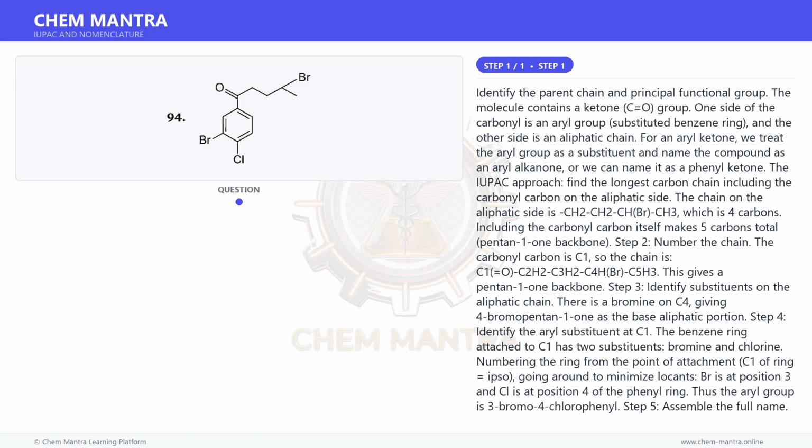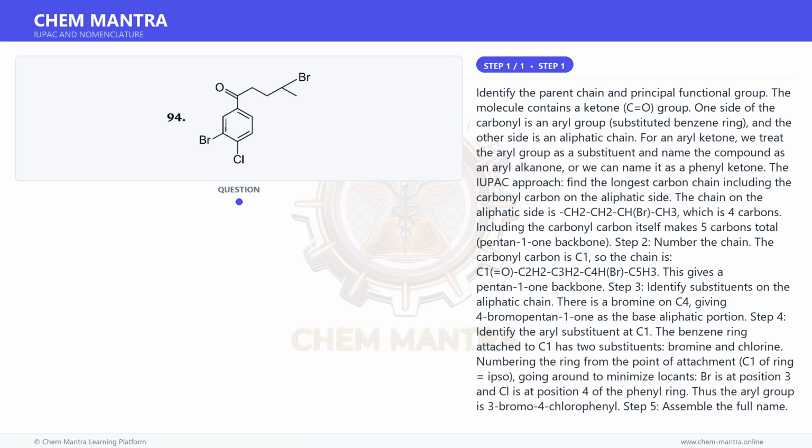Step 3. Identify substituents on the aliphatic chain. There is a bromine on C4, giving 4-bromopentan-1-one as the base aliphatic portion. Step 4. Identify the aryl substituent at C1. The benzene ring attached to C1 has 2 substituents, bromine and chlorine. Numbering the ring from the point of attachment, C1 of the ring, going around to minimize locants, Br is at position 3 and Cl is at position 4 of the phenyl ring. Thus the aryl group is